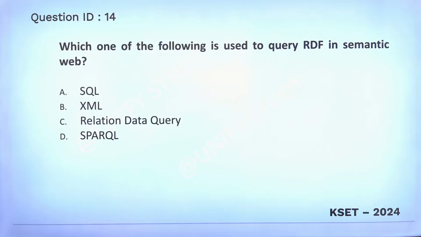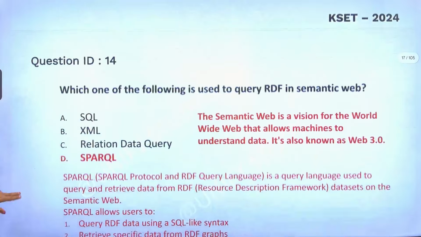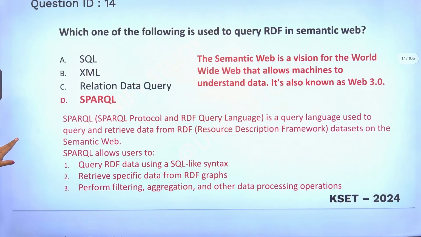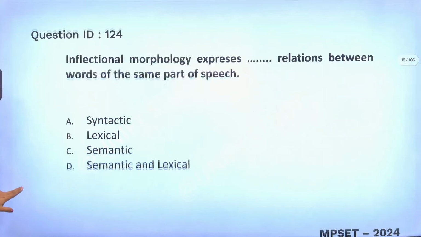Yes. So here, which of the following is used for RDF in the semantic web? That is SPARQL. SPARQL is the protocol for RDF queries. Remember that SPARQL allows querying RDF data using SQL-like syntax, retrieves specific data from the RDF graph and performs filtering and aggregation also. Next one,